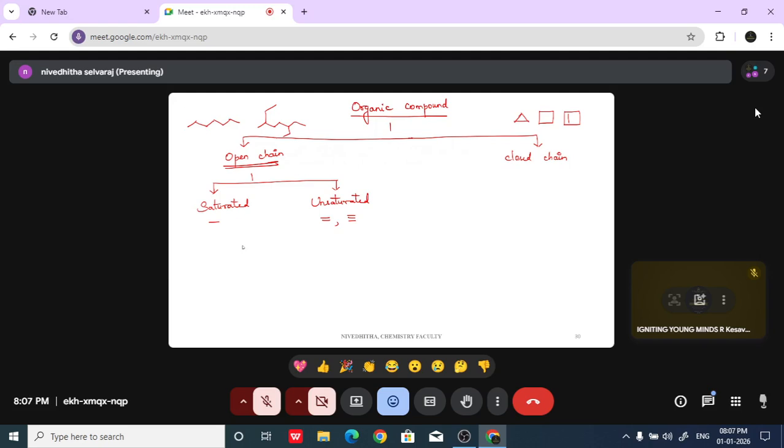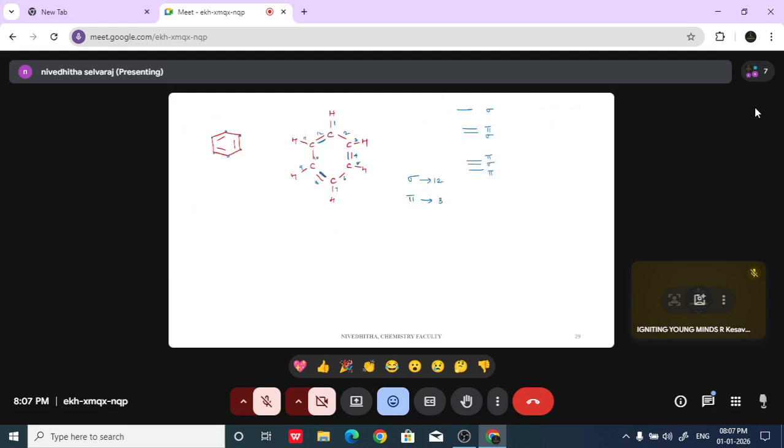But in an organic compound, if it has only sigma bonds, then that is relatively stronger. We cannot break that. So to that compound, we cannot even add an atom. That is why it is called saturated. And it is really easy for us to find whether the compound is saturated or unsaturated just by seeing the structure, right? For example,